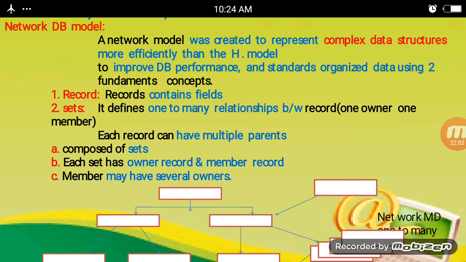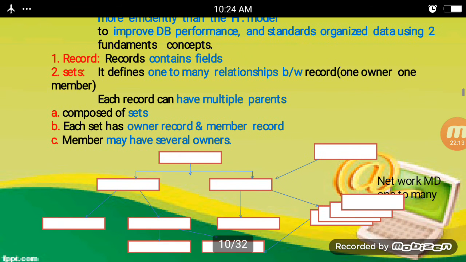Each record can have multiple parents, and each set has an owner record and member records, and a member may have several owners. This is the network database model.